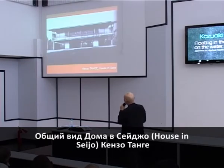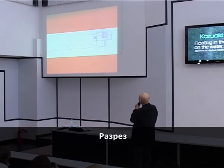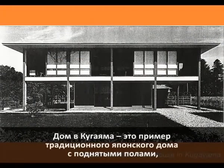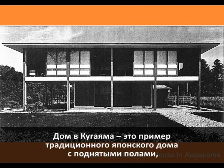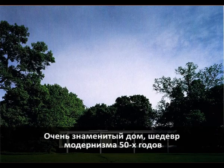And the house in Seijo is Tange's own house, and this is the section and the detail. And there's an example influenced by the Japanese traditional raised floor building. It's architect Kazuo Shinohara's house in Kugayama, built in almost the same period. So a very famous house of the 50s, a masterpiece of modernism,